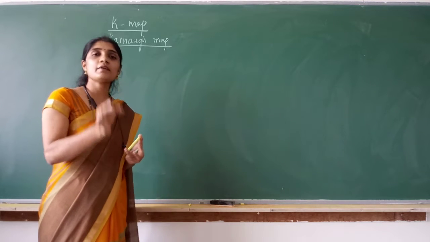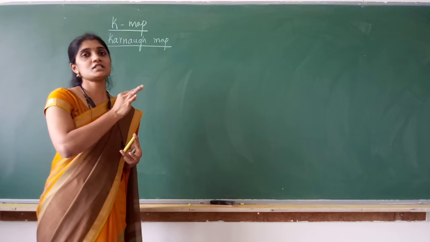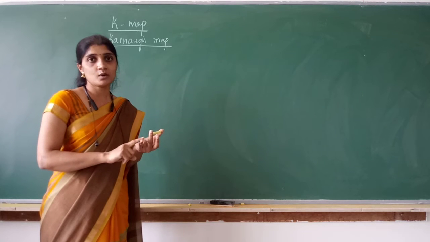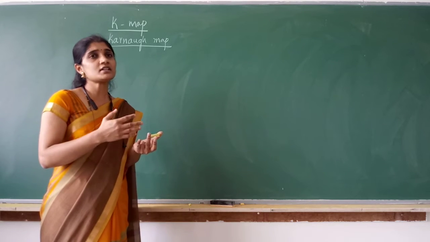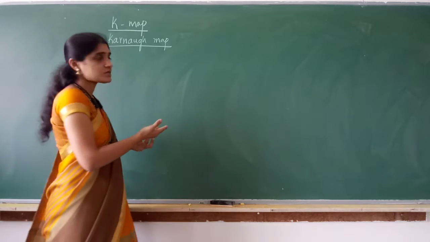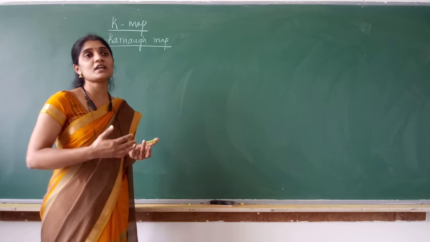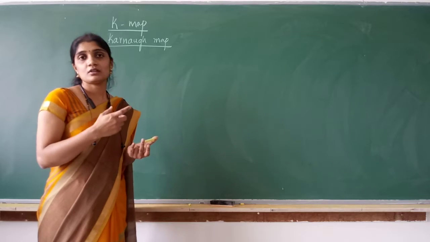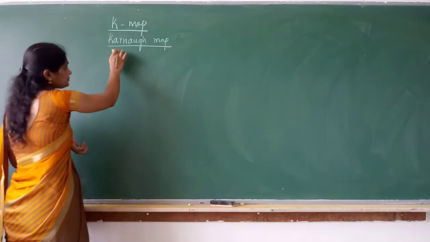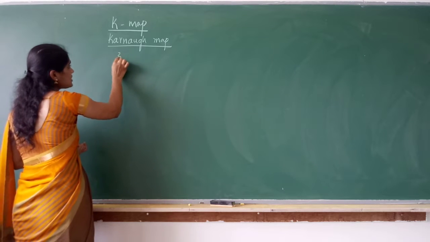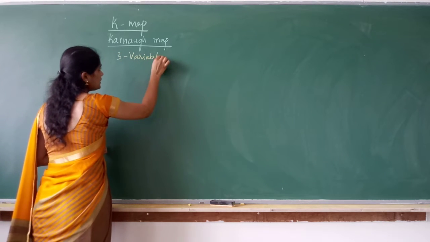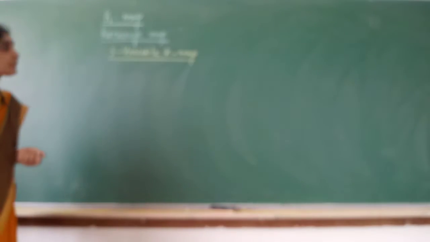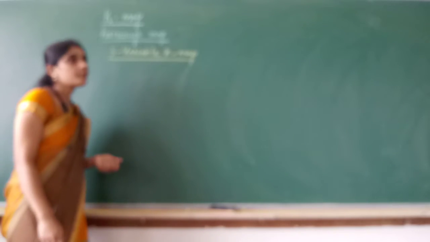But the very simple way of simplifying any switching equation is K-map. You have already studied Boolean algebraic properties and tried to simplify the equation, and we felt that it is lengthier and not that easy. Now I will be explaining K-map. You will come to know how easy it is, how in 1 or 2 steps, within 1 or 2 minutes, you can easily simplify the equation. The first K-map that we are going to do is the 3 variable K-map. K-map is used to simplify the equation.